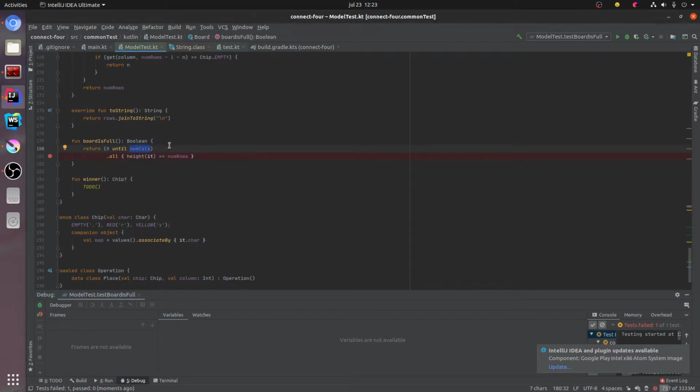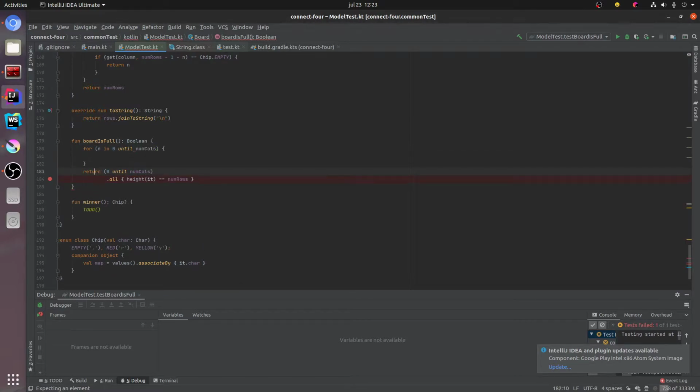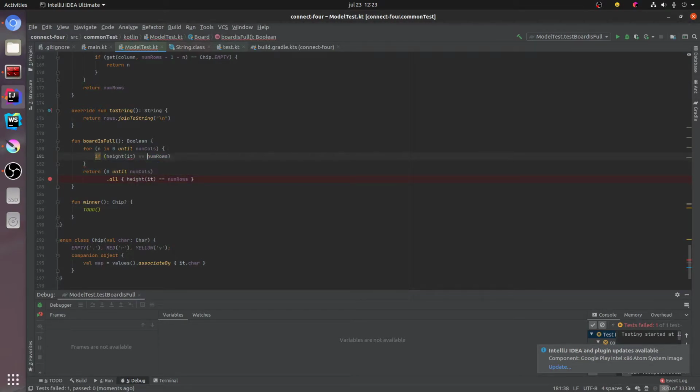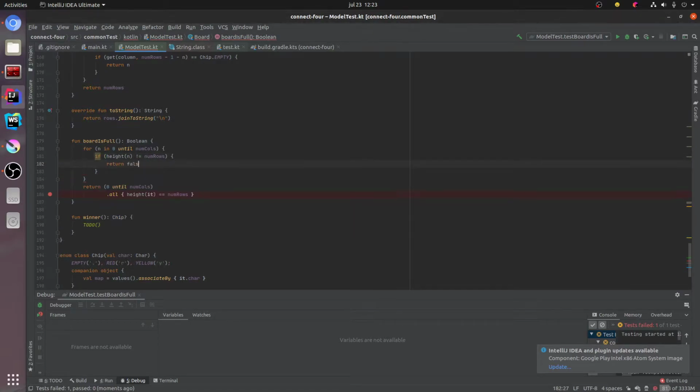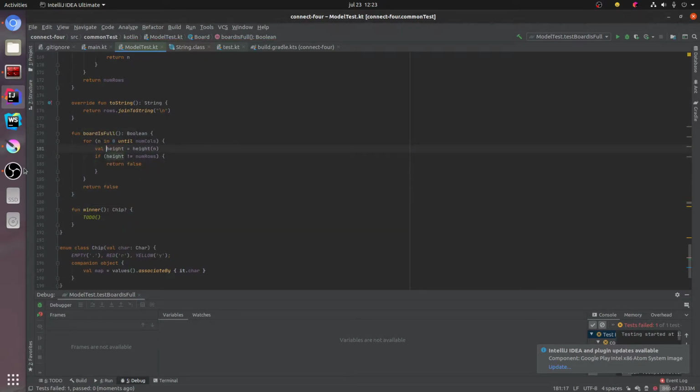So well, let's do this manually with a for, so it's easier to test. It's easier to put breakpoints here, but rows, if we are in a column, let's return false. Maybe we can put this here, and